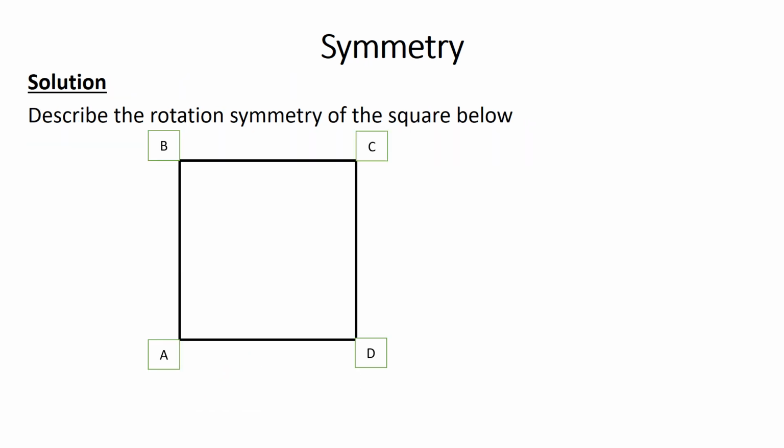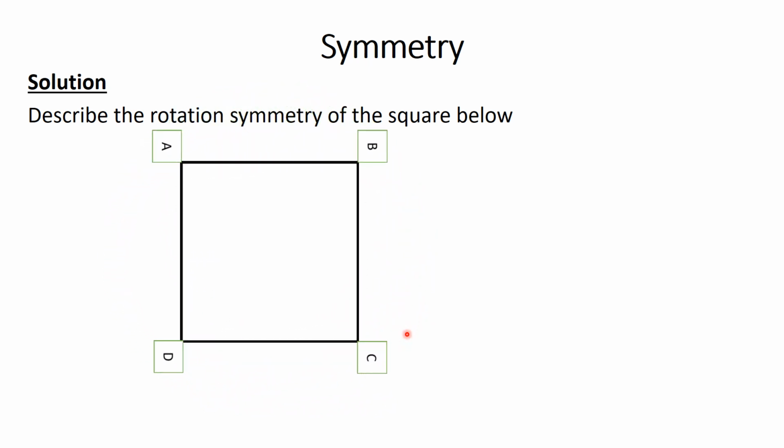I've added the letters to represent the corners so that we are able to know which corner is which. Otherwise, it can get confusing at times. So when we are rotating it, when we reach a point where the A is going to be here, the B here, the C here, the D here, we'll stop. But we'll be counting the number of times the shape appears the same way as it is now. These letters are just for us to identify the corners. So if we start rotating,